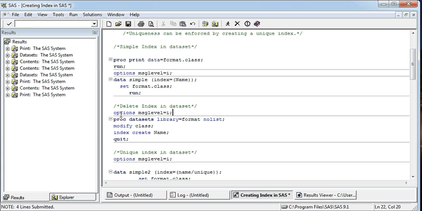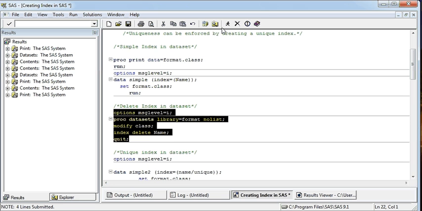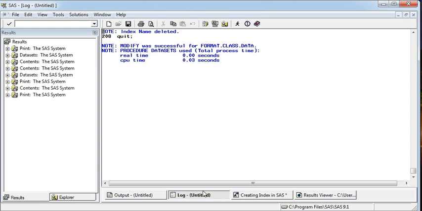It will show you whether the index is created or not. Now I'm deleting this index name again, because in the further example I'll create two indexes together. So I'm going to use this option. Index name deleted.